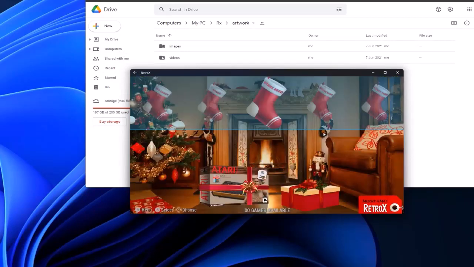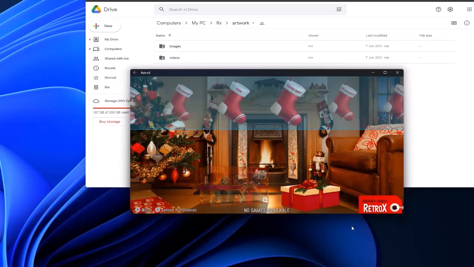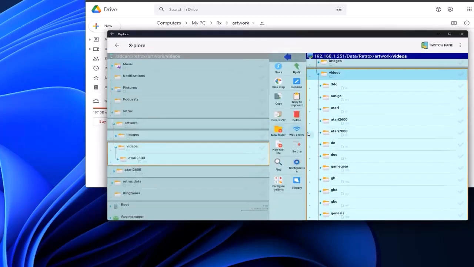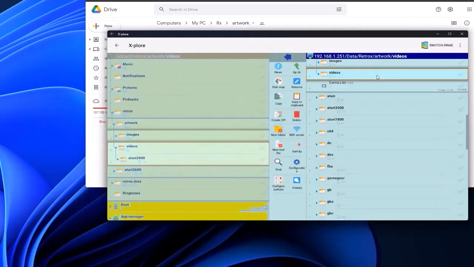And just to show, if I go to a different system, let me go like Dreamcast. Yeah, I can't get into it. It says at the bottom here, no games available. So we know we've got all the artwork there ready, but we just don't have the game. So it's quite easy. If I then go back to the games over here, I want to pick one that's fairly